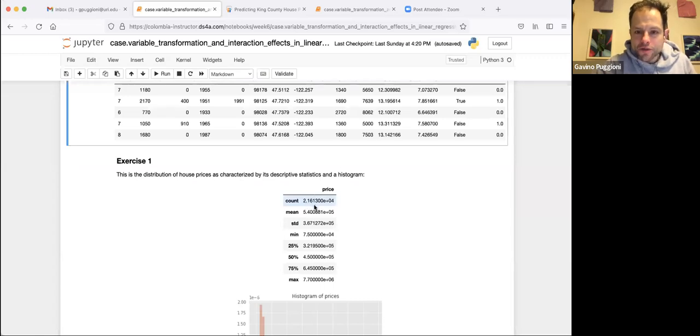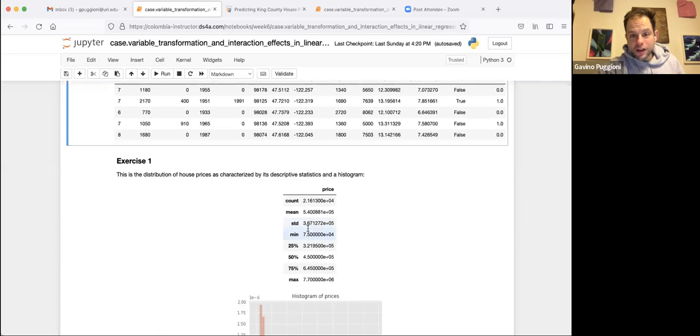So how many observations do we have? We have to take this number and move the comma 4 times. So we have 21,000 plus observations, 21,000 plus sales. And the mean is $540,000 approximately, with a standard deviation of